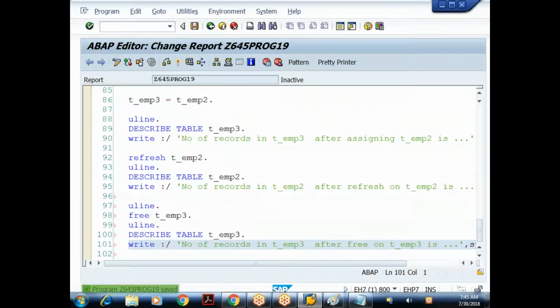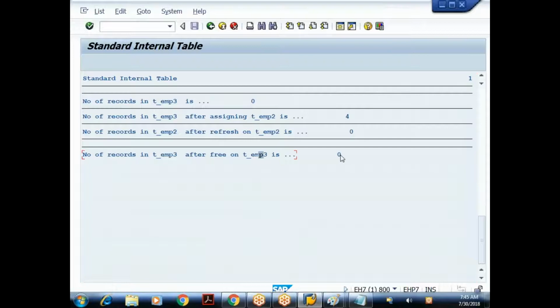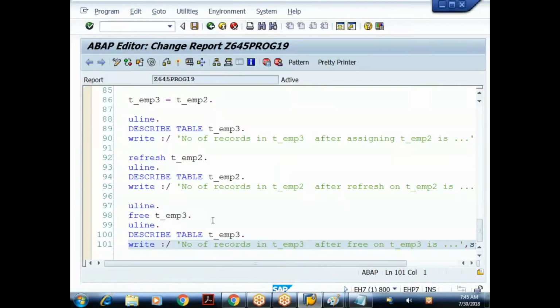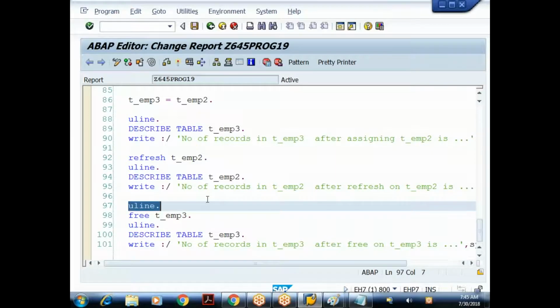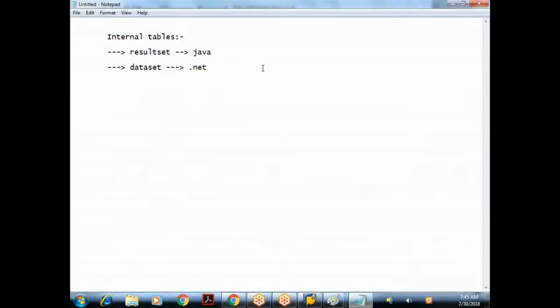Let me save it, check it. When I execute, T_emp3 also has 0 records. So what I am trying to show here is, I can clear the data from the internal table in three ways. Clear, refresh, and free. Any doubts?